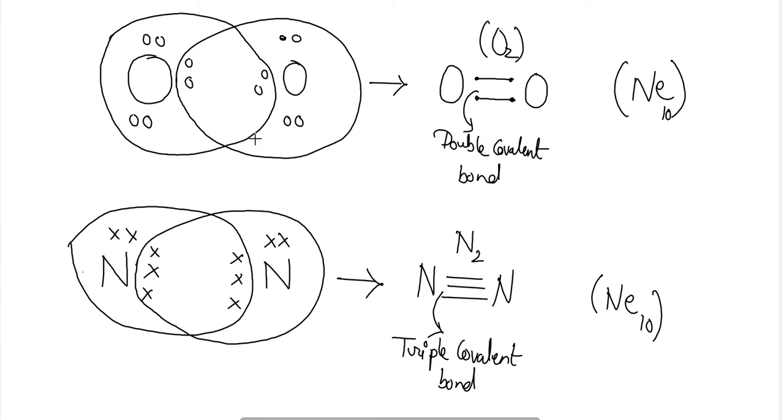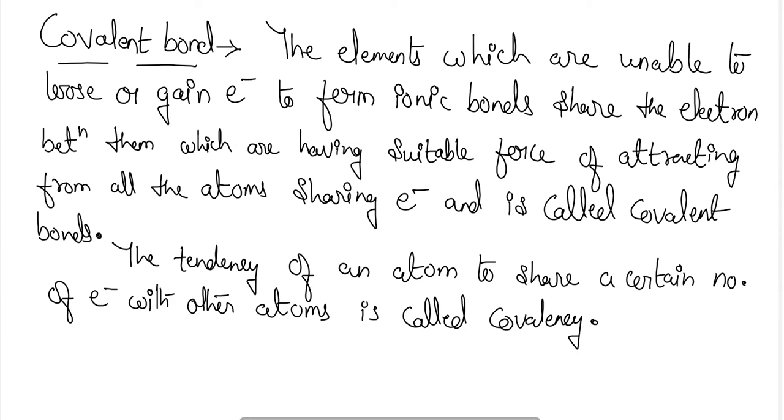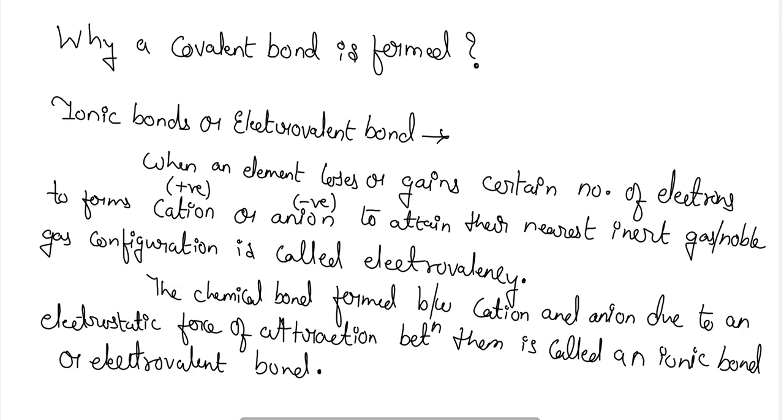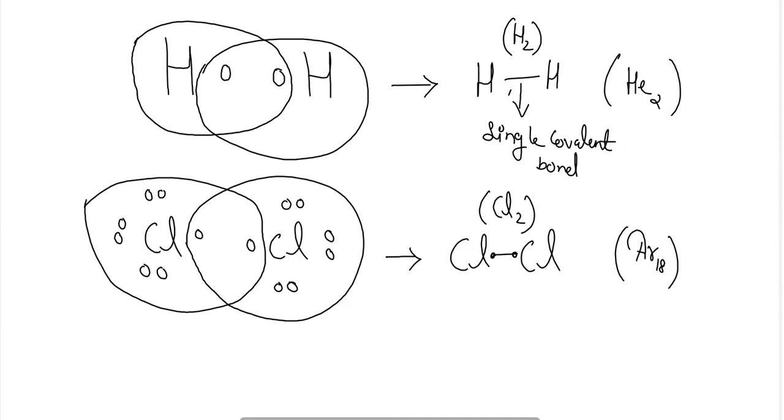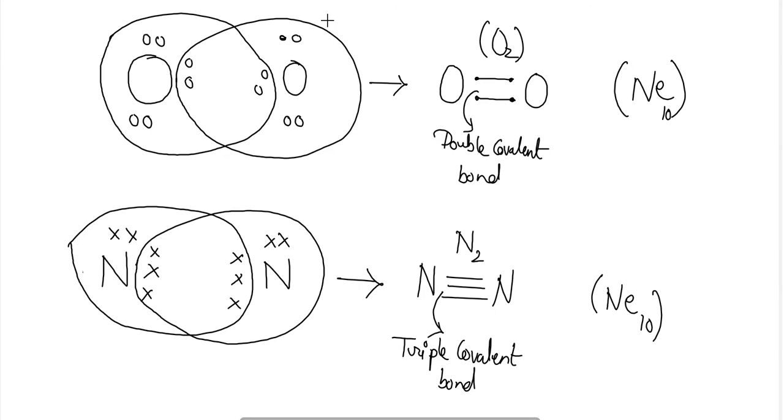So these were about the covalent bonds and their types. We have discussed the covalent bonds and their types, and how covalent bonds are formed, and the reason why covalent bonds are formed. In the next class, we will continue this chapter, carbon and its compounds, and there we will study the properties of carbon, the versatile nature of carbon, why carbon is so important and why it forms so many compounds in nature.